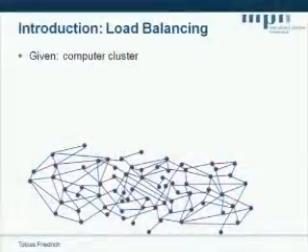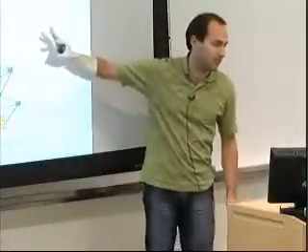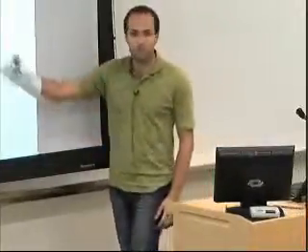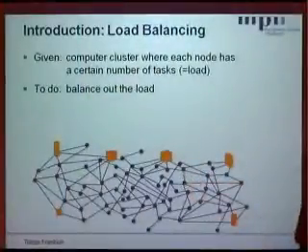Okay, so since I have seen too many conference talks where I didn't get the problem on the first slide, I tried to make a visual start to the problem of load balancing. So given some compute cluster, which is some network, and we have a number of tokens. You can also call it load or number of jobs, somehow arbitrarily distributed over your network. And what's your aim? You want to somehow balance it out. So this is kind of the jobs you have to handle, and you want to balance it out such that every processor or every node of this network has roughly the same number of